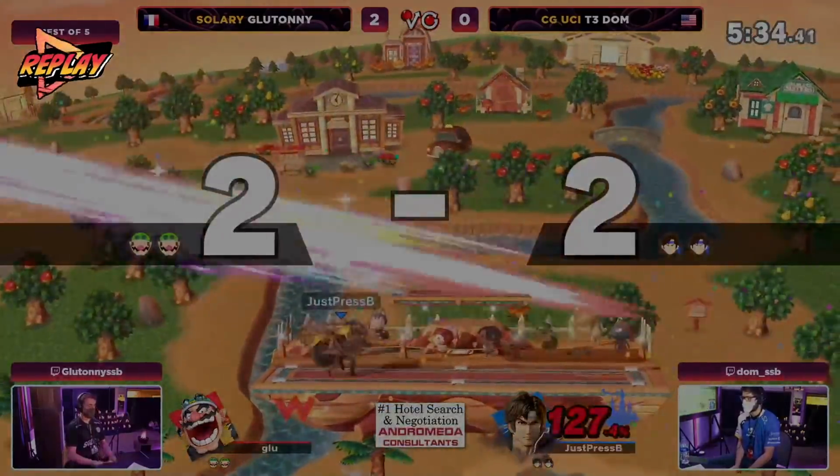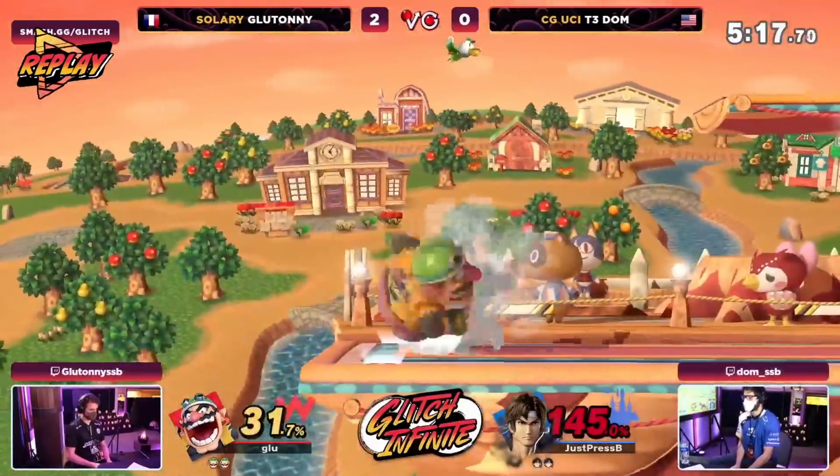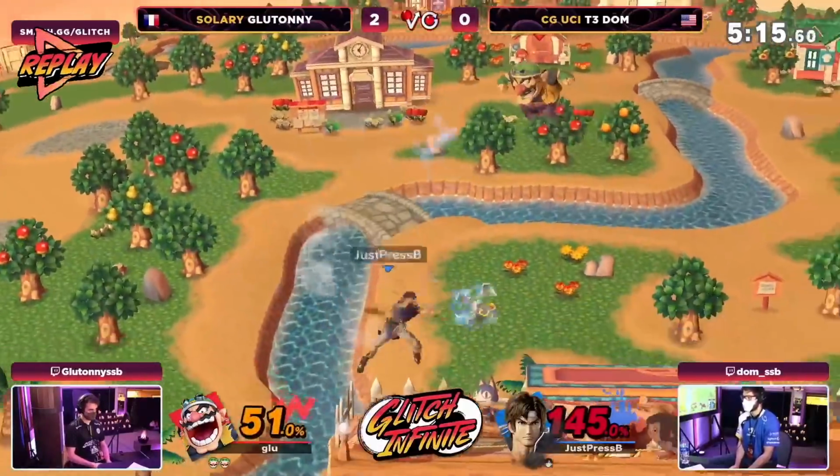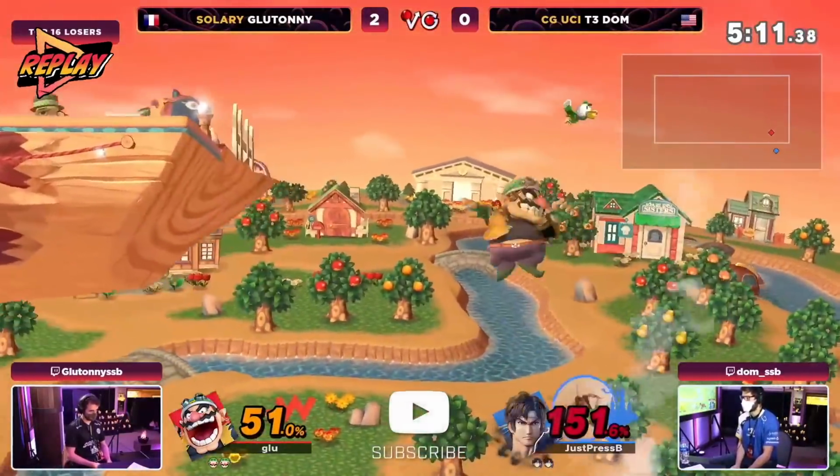Gluto is just so good at dealing with zoners, man, especially ones who space him out with multiple projectiles. He somehow always finds a way in with that really good aerial mobility, and that's going to be